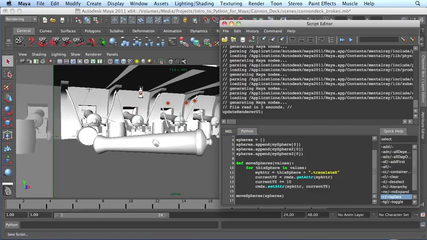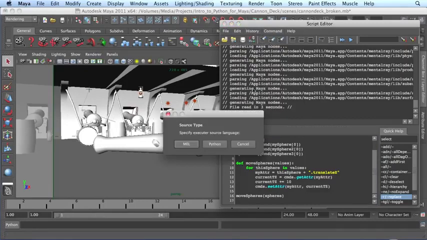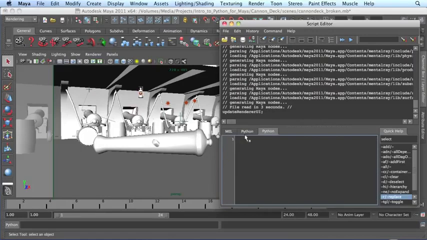Let's open up a new tab. It's under the command, new tab, and it gives you an option if you want a Mel or a Python tab. So let's do Python, and we still got our old code over here, but we can move into a new fresh tab. And so we've got all these lights in the scene, and we want to select them all. So what we can do is